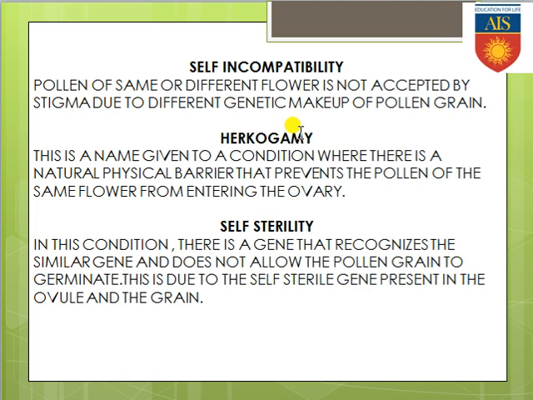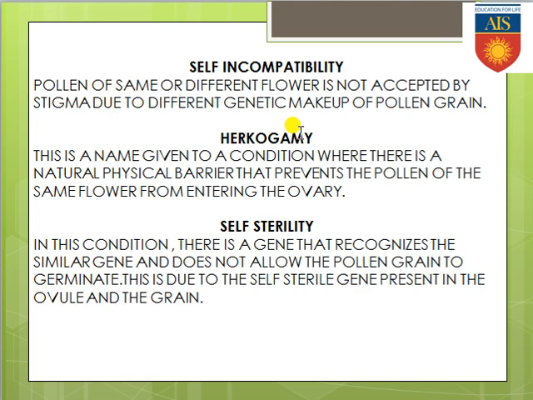Self sterility is another example where you can see that the genes which are present within the pollen grain and the gene which is present within the ovule, those are same, but those genes are self sterile genes. So automatically when those genes are self sterile genes, that means either the pollen grain or the ovule are getting sterile. So if the pollen grain or the ovule will get sterile due to the presence of self sterile gene, then self pollination cannot happen within the same flower. So automatically the male part or the female part has to wait for another flower so that the pollination can happen with that flower. So this is overall the concept of the self sterility.